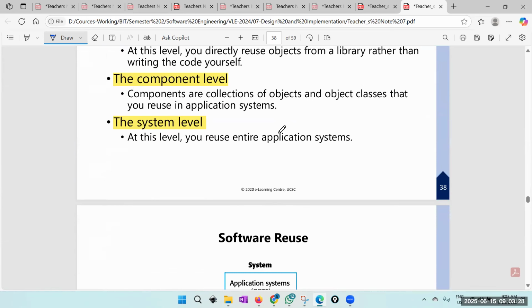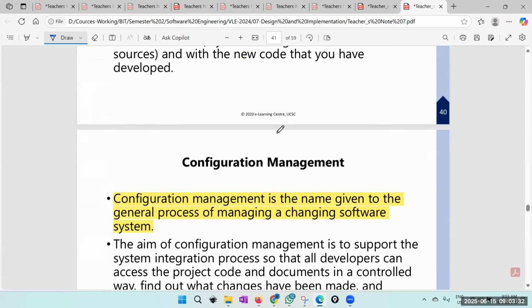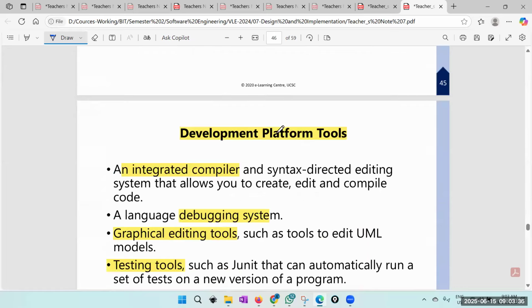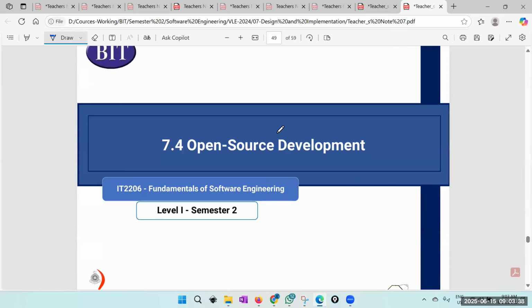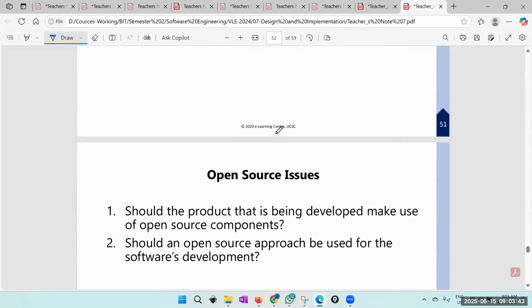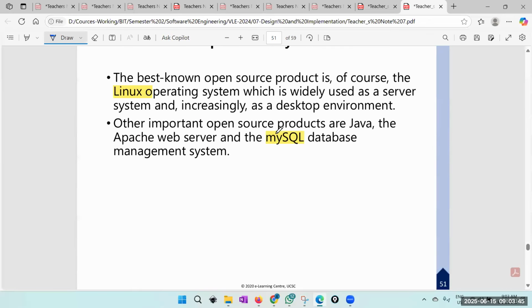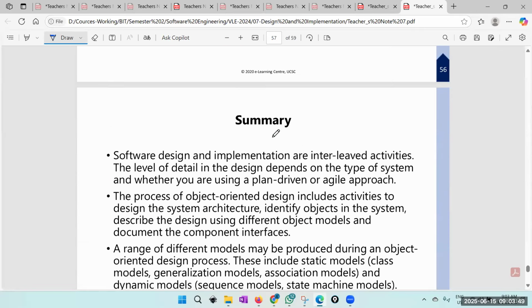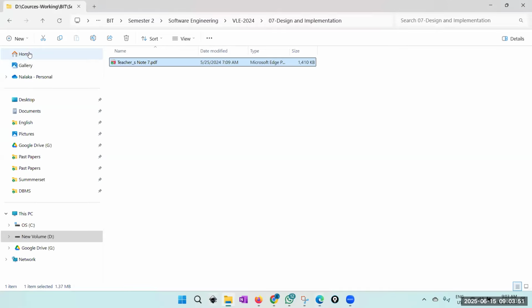Code can be in Java, C++, Python, any language. Okay. Right. Open source development: we use a lot of open source software, right? MySQL, Linux. Right. So then